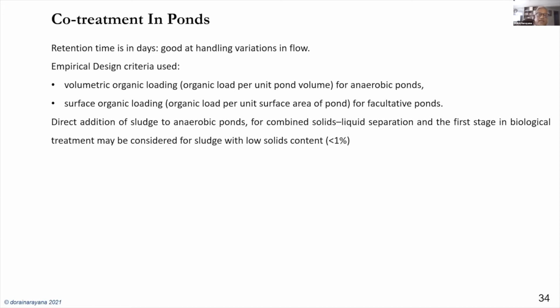But what will happen is that when you don't do a solid-liquid separation up front, a lot of the sludge comes into the pond and settles out there. And your anaerobic pond will start filling up with solids and sludge very quickly. And this may require desludging of the ponds at more frequent intervals. Normally, ponds may take about 10 or 15 years before you need to desludge them, and that's a very expensive and disruptive process. And if you co-treat very high quantities of high solids sludge, then you may need to desludge the ponds at a much more frequent duration.